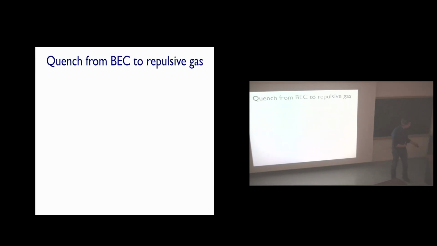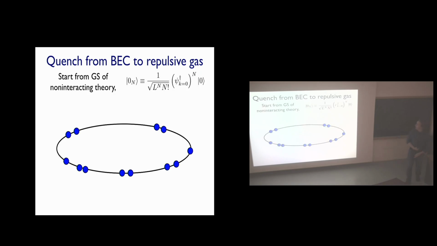So what are we going to do? We're going to take as initial state the ground state of non-interacting bosons. We're keeping it simple at first. I'm going to have a ring, and on this ring I will create a number of bosonic particles, all of them at momentum 0. So it's an absolutely featureless state in all its correlations, there's just nothing happening on this state, just filled.